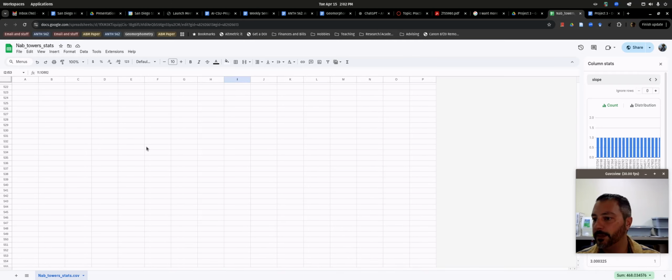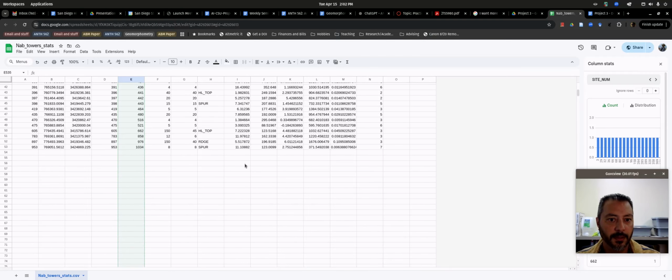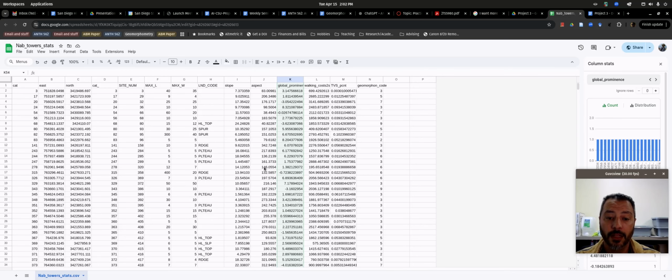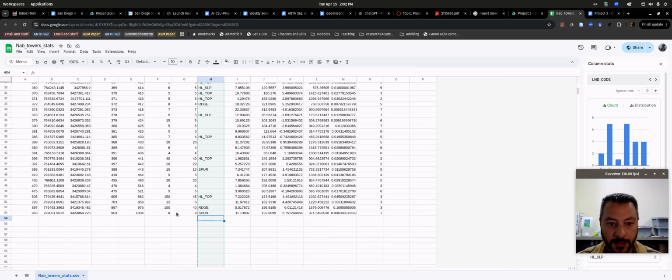What did I just do? Fun times with Google Sheets. Hold on, go back up to the top. Okay, let's try that again. Let's just do it individually. So I'll just put some like mean, median,